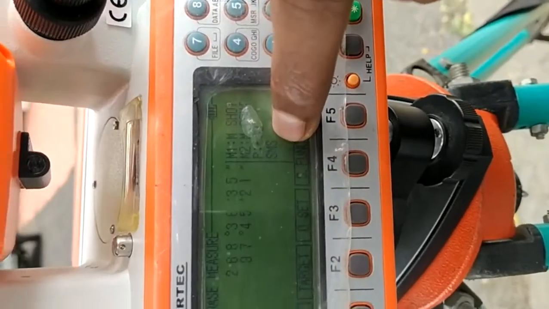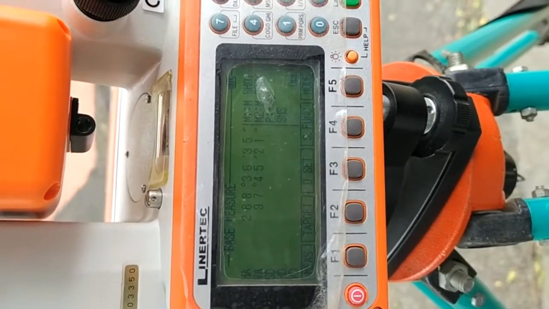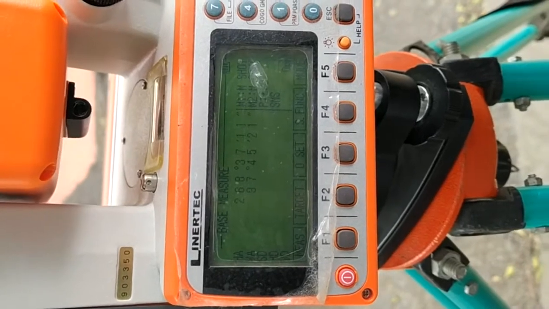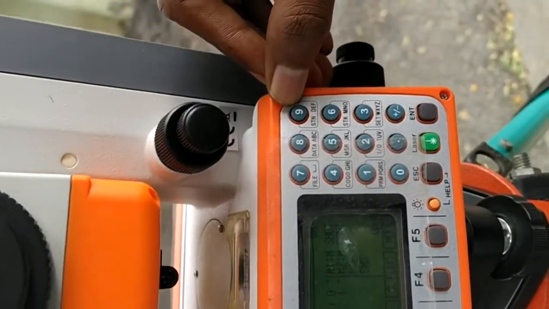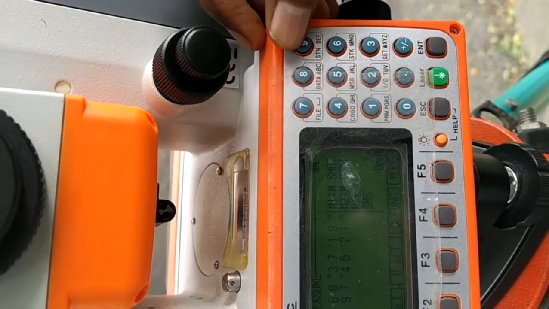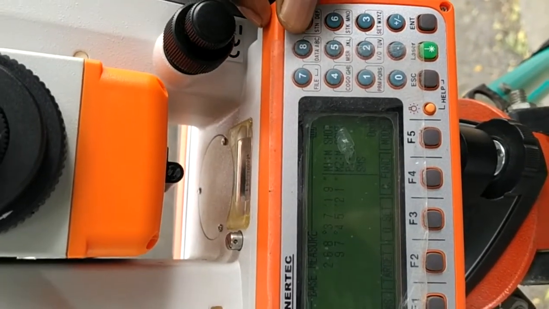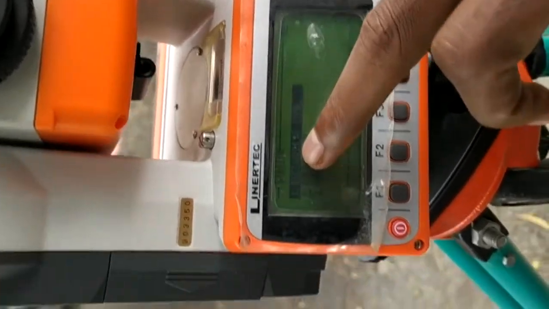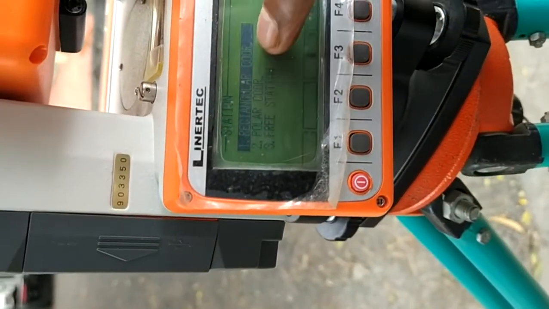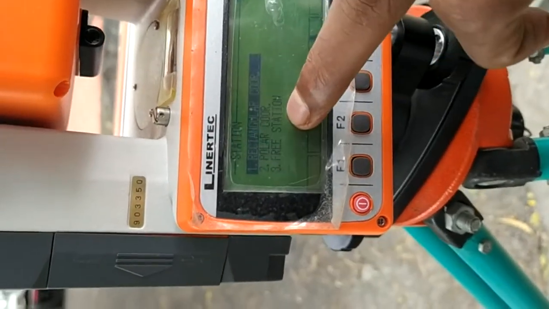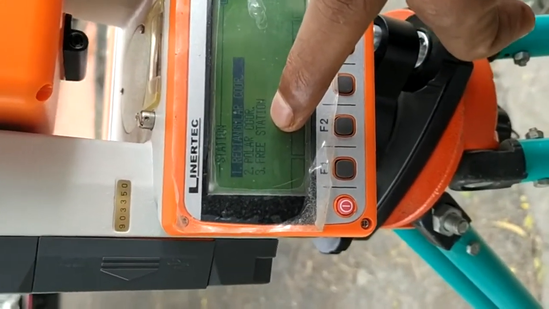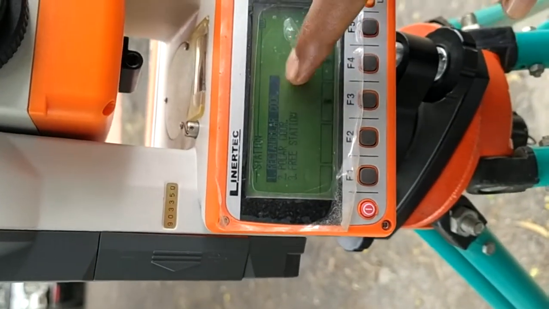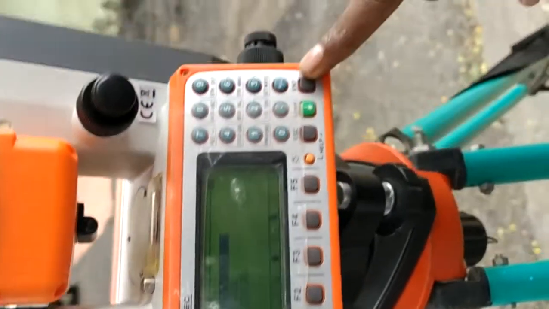So now we have to fix the station point. I have already told you that to fix the station there is key number 9. Here you can see STN means we have to fix the station first. So I will press number 9. After pressing number 9 you can see on the display number 1 rectangular coordinate, then polar coordinate, then number 3 pre-station. So first we are going to set up our rectangular coordinate. So I will press enter here.